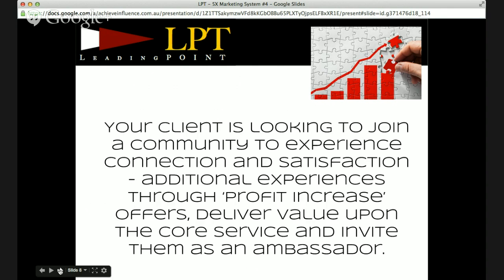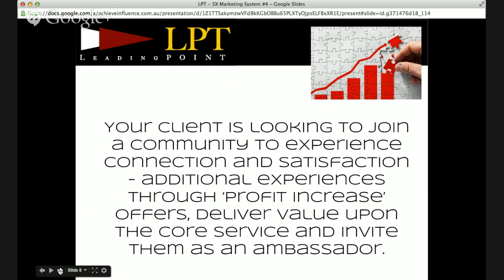And it's simply your client is looking to join a community to experience connection and satisfaction through additional experiences, through profit increase offers, where you can deliver value that builds upon the core service and the core offer that you've provided, and then most importantly, invite them as a repeat client to take up the mantle of being an ambassador for your